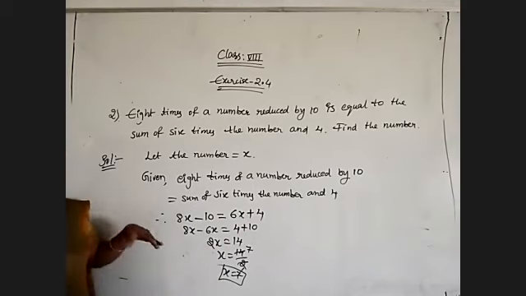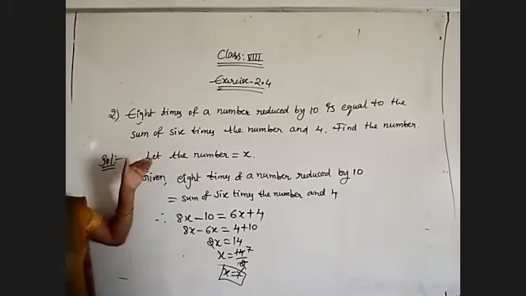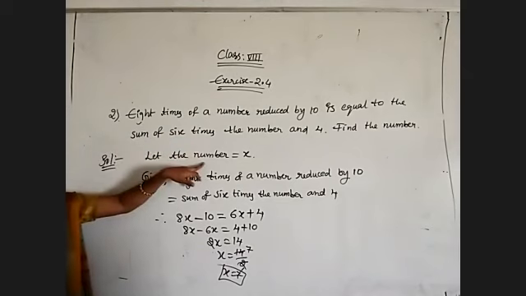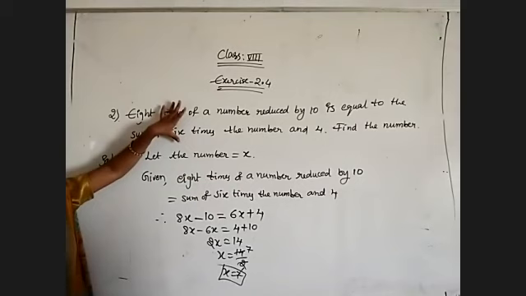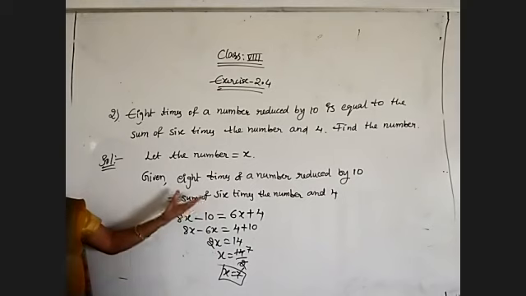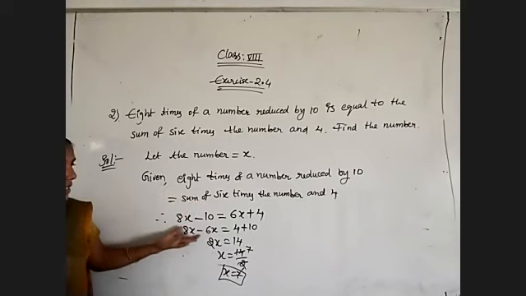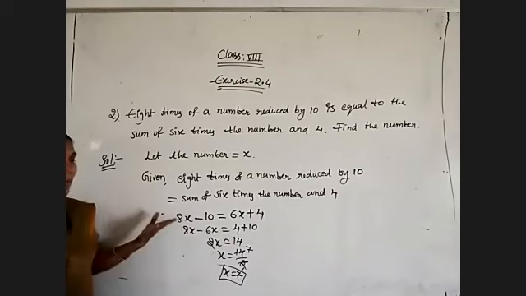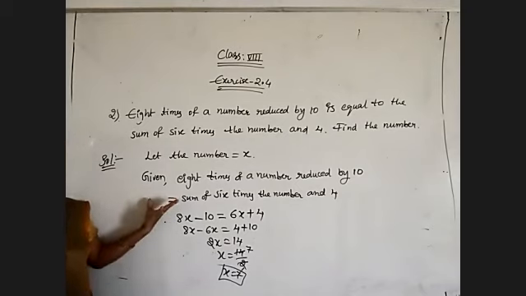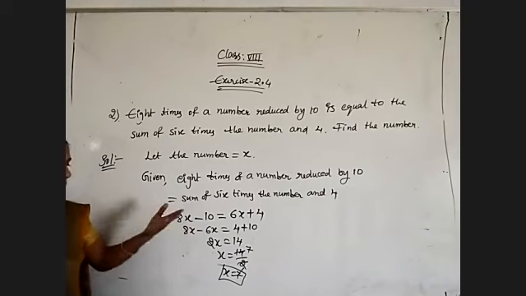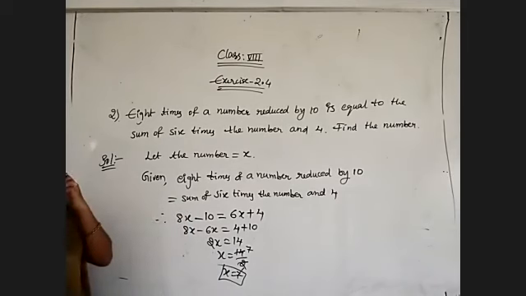So once again, I am telling, whenever number problems are given, first of all let those numbers be x and so on. If only one number is given, one number x I have taken. And whatever statement they have given, we need to form the equation. That is the first step. So there only we will get the solution. By simplifying that, we will get the x value. Whether it is correct or not, we can also check by taking their statement. Check that statement. If we get LHS equal to RHS, our answer is also correct. But that one is not needed now.